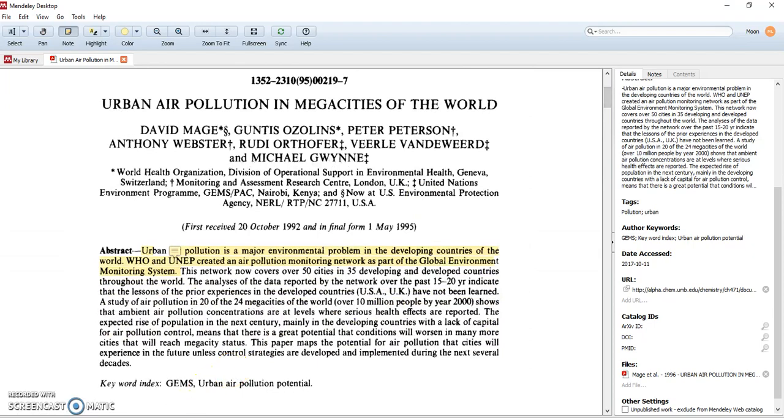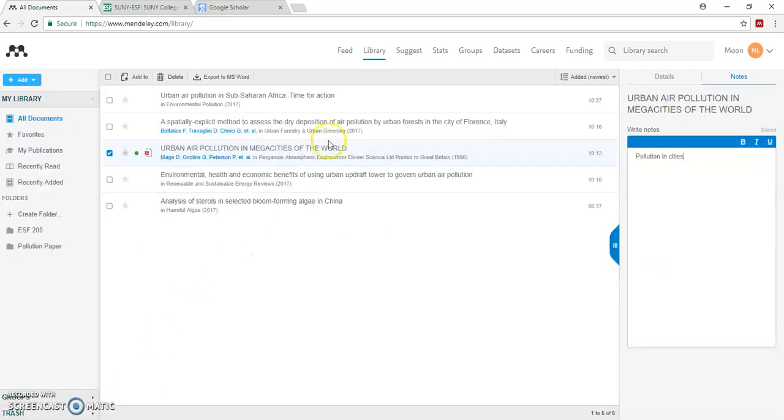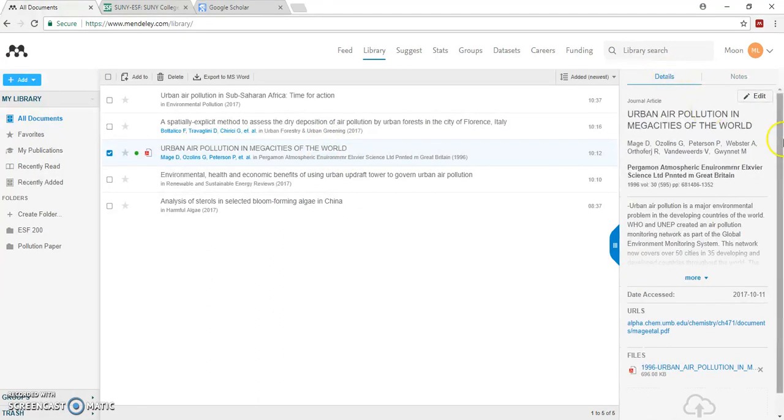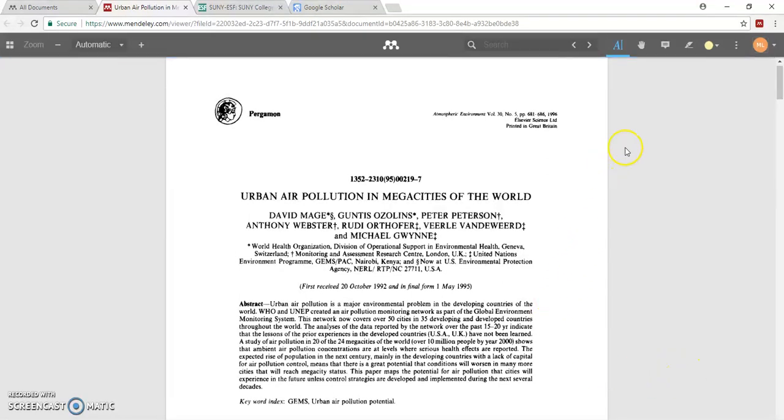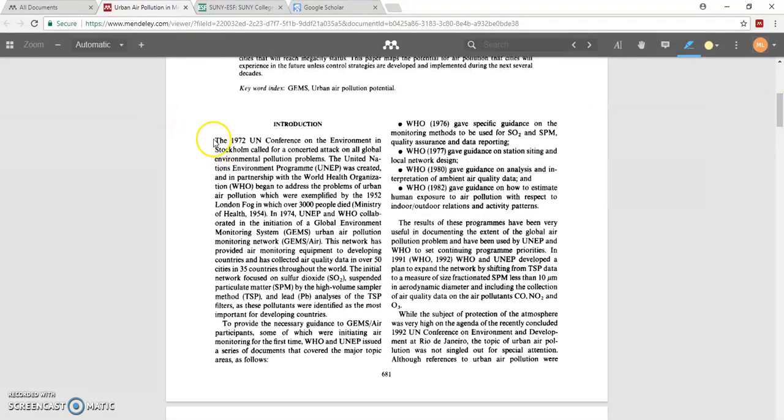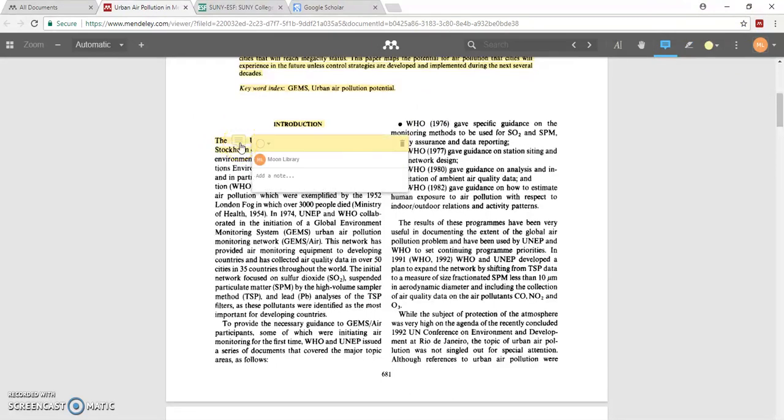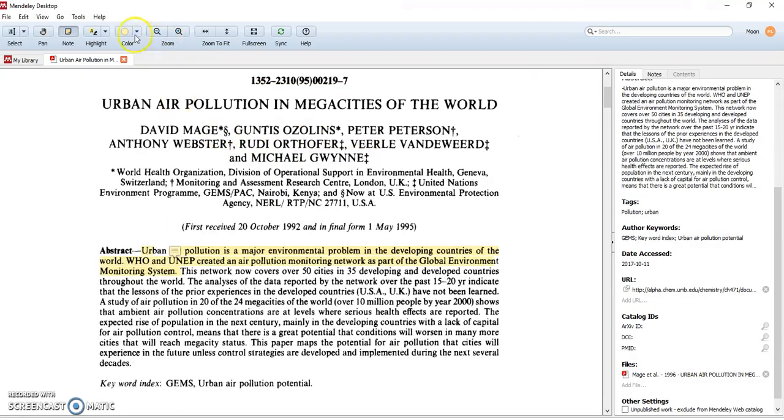Now we can do the same thing in the web version as well. We go back to our Details tab about this article, click on the PDF, and again we could highlight. And this is also that notes feature. Same thing. Now, if we go back to Mendeley Desktop,